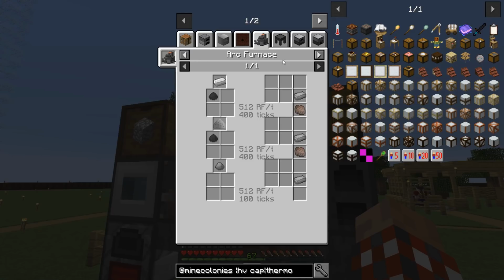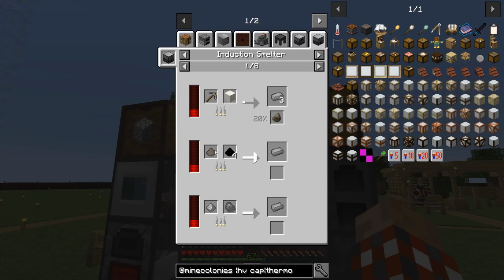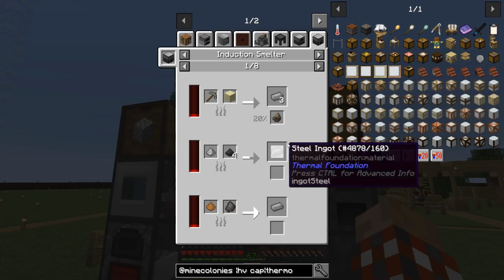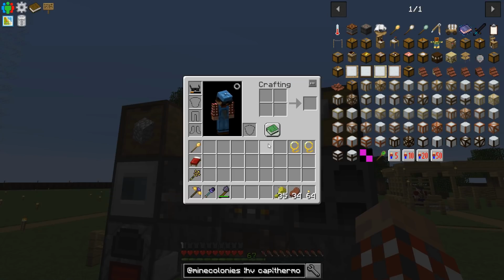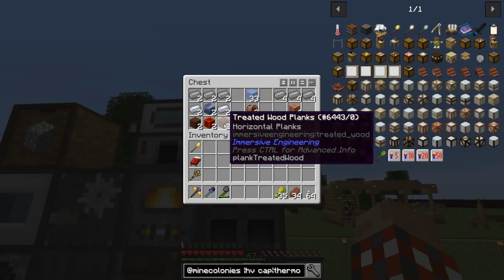Well, here I can do things like arc furnaces, and I can cast, but the induction smelter, a ground iron and some ground coal gets me a steel ingot. And I was much more interested in doing that than building a blast furnace, you know, because this is super slow and a lot of resources, and it wasn't actually too bad to make that. So let's go ahead and grab all this,